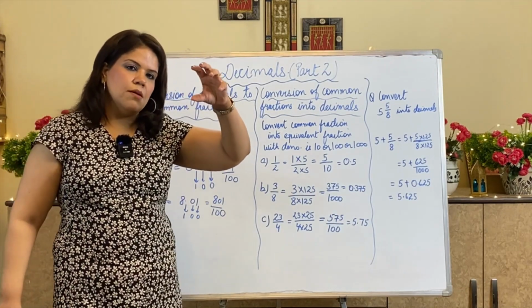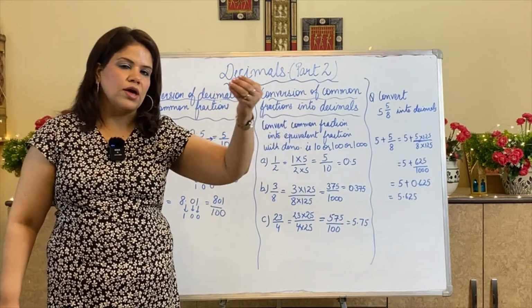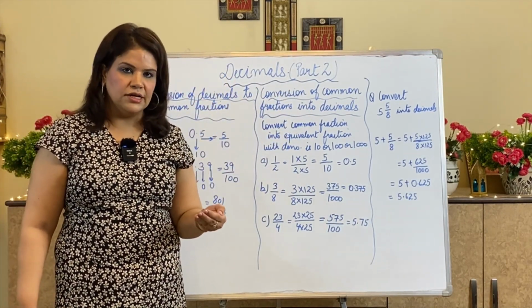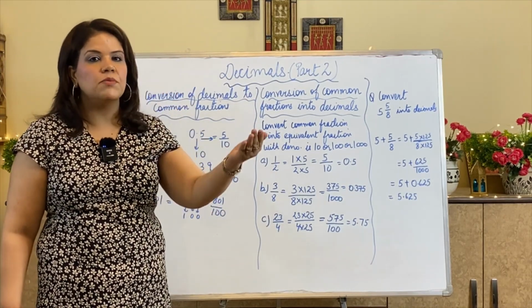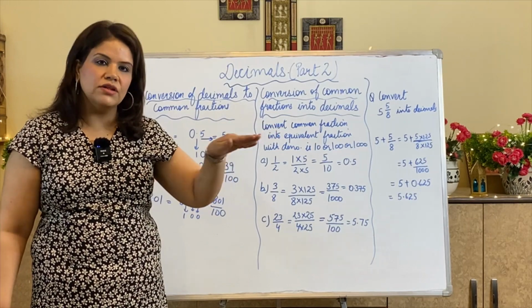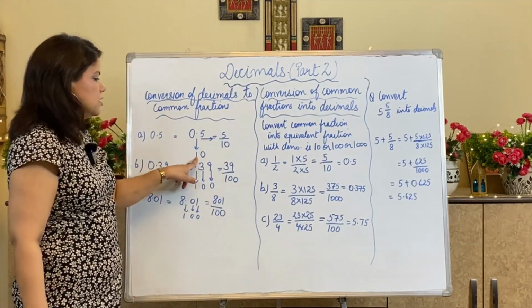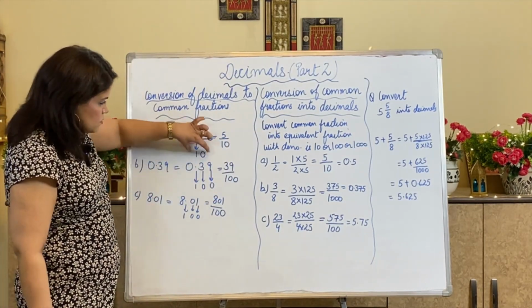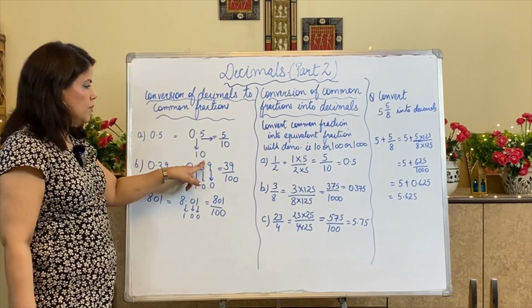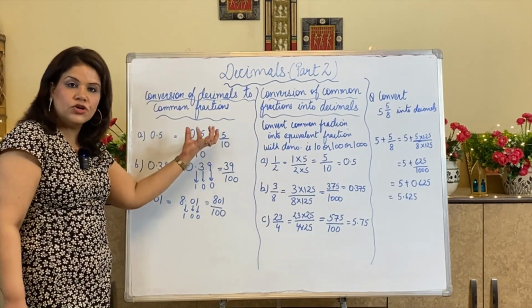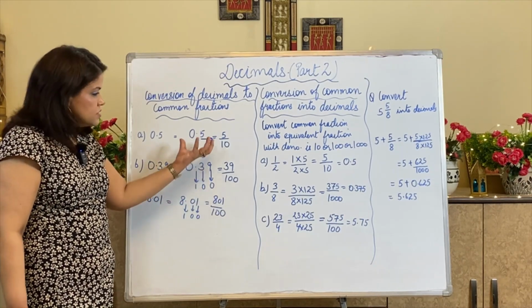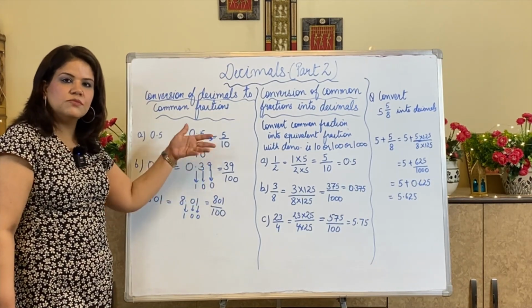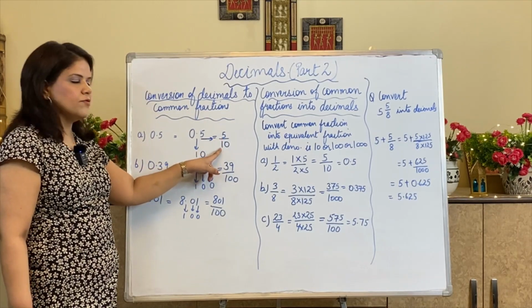From a decimal number, I am first withdrawing my denominator. How? By replacing the decimal point with 1 and whatever numbers are after that with 0. So this is my denominator. I have withdrawn my denominator from the decimal number. Since I have withdrawn it, the decimal will go away. It will become 5 by 10.